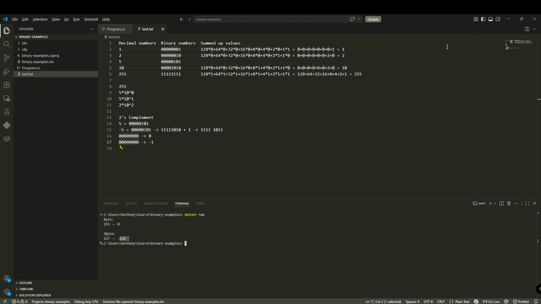So why does 2's complement exist? You had to have some way to keep track of the negative number. 2's complement's nice because you can do this. So let's add some binary numbers here. Let's add a 5. We'll grab this, then we'll grab this. Now if we add them together,